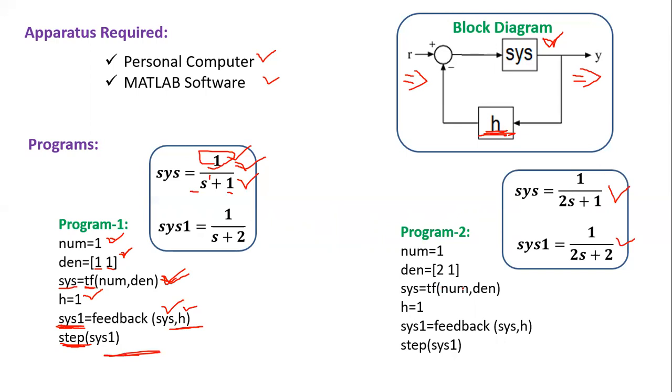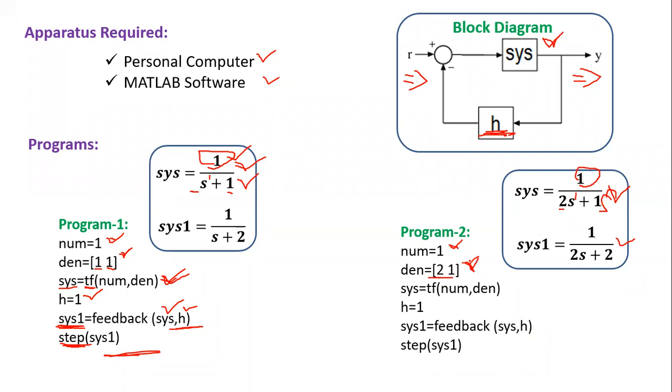The same sequence, we are adding the coding parts. Coming to the numerator, here we are having one component only, so directly we are entering one element only. Coming to the denominator part, here the highest power is S^1, so the S^1 coefficient is 2, and the S^0 coefficient is 1. That we are writing: 2 and 1 are the denominator coefficients, the denominator elements.